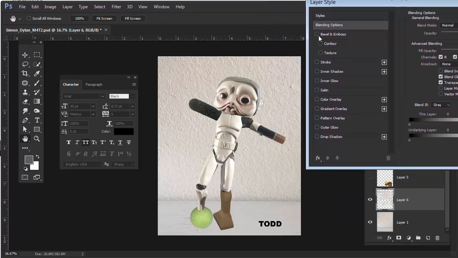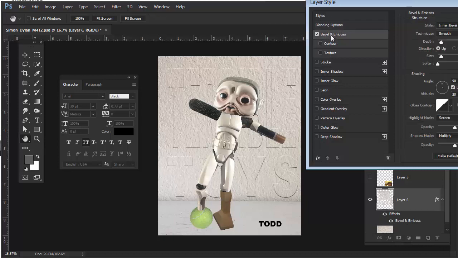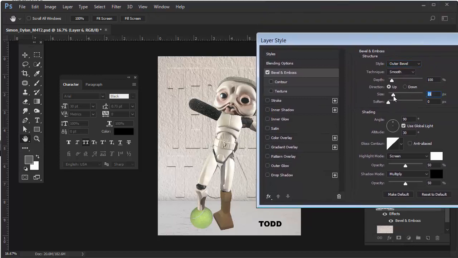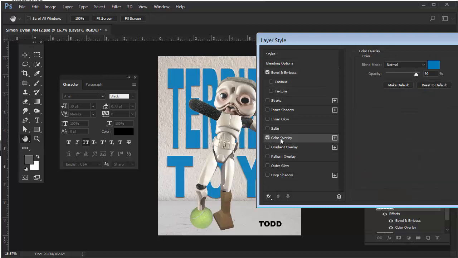create a layer style. So I'll select Bevel and Emboss, and you can already see what's happening here. You can fool around with this. I would suggest Outer Bevel. Let's see, you can't see this. You can adjust the size and make it dramatic. You can also, if you select the color overlay, it'll stand out more. So if I select blue,